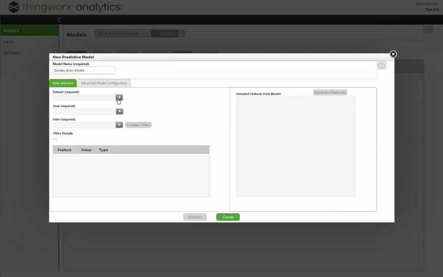And to create the model is very straightforward. I'm going to pick my data set. I'm going to pick what goal. In this case, I have three different properties. All three of these represent error conditions on my coffee machine. So I'm going to pick those, and then I can pick or create filters to filter out which data is